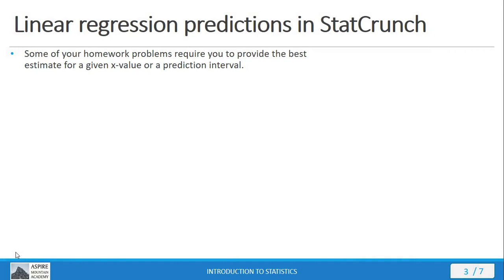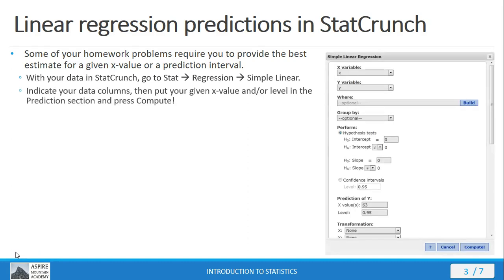Some of your homework problems are going to ask you for the best estimate for a given x value or a prediction interval. And there's a way in Statcrunch that you can use to actually get at the answer that you need to provide. If you make the model, go into Stat, Regression, Simple Linear. Put your x and y's in, and then if you're actually making a prediction, make sure you put in the appropriate prediction level. This is like a confidence level on a confidence interval. Same sort of concept, except now you're making a prediction. Once you press compute,